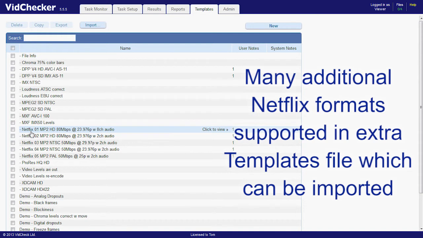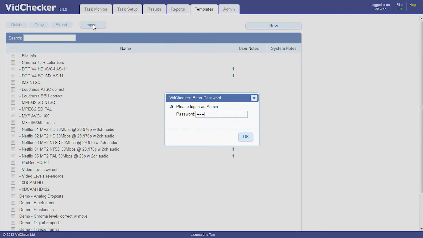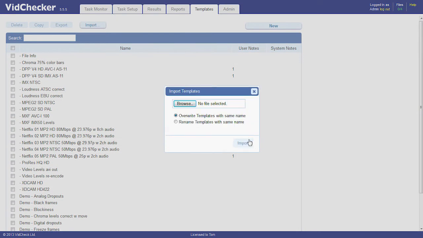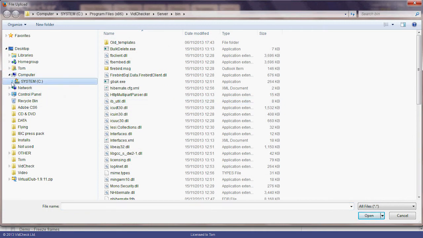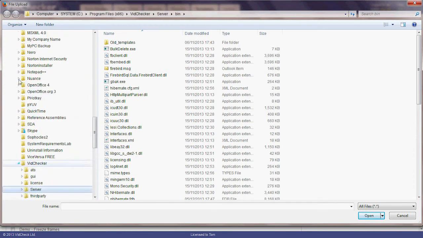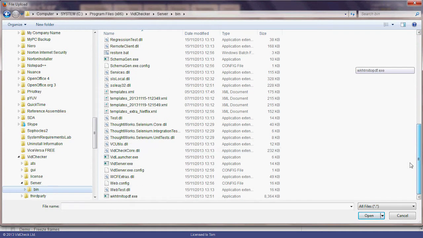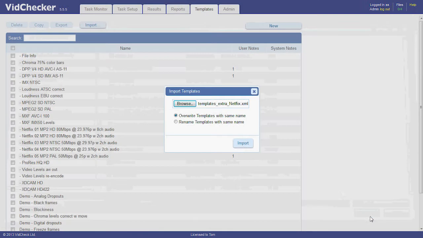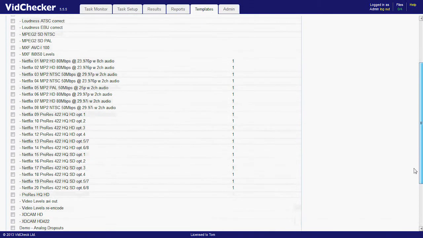To import additional templates, you click on Import. If you're not admin, enter the admin password and then browse to find those templates. They are in Program Files, VidChecker, Server, Bin, and then you find the templates extra netflix.xml. Open that and import the templates, and then you'll see there are additional Netflix templates for different